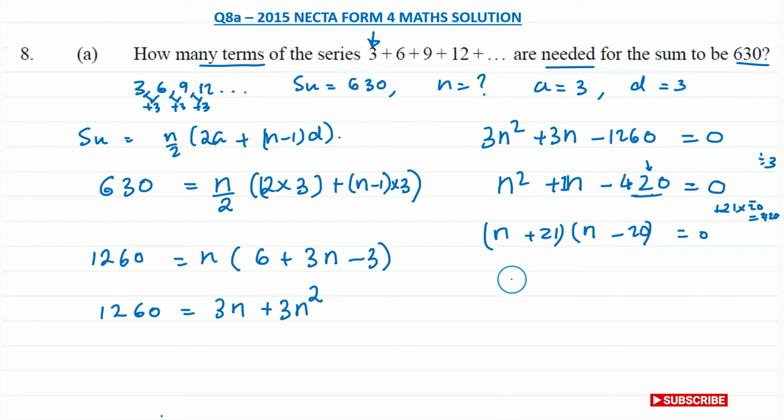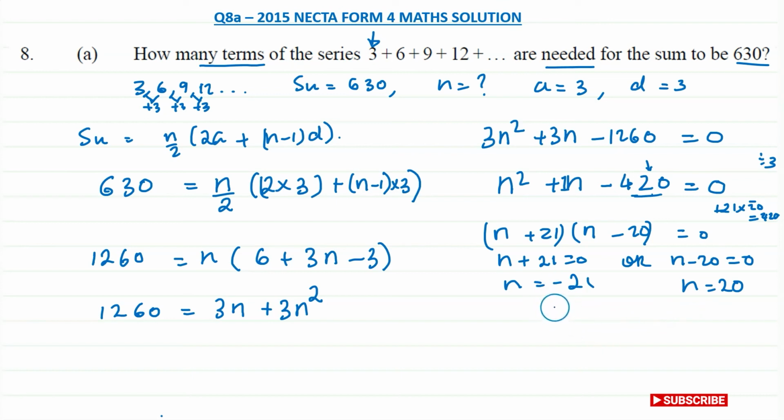So now I just need to solve it. So if you take the first bracket, then you have n plus 21 equals 0. Therefore, n is equal to negative 21. Or you have n take away 20 equals 0. So n is equal to 20. Which one do you think is the answer that we need? Well, n is a number of